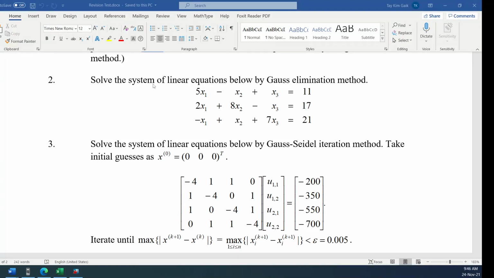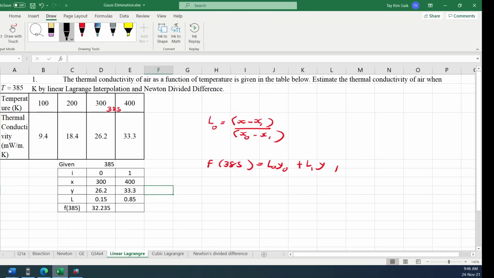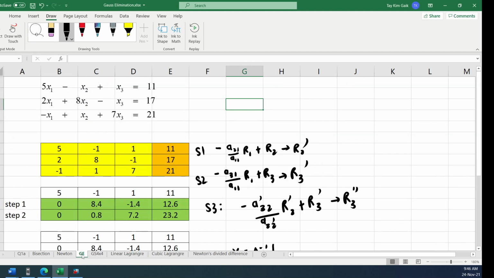In question 2, solve the system of linear equations below by the Gauss elimination method. Okay, if you still keep it, later I will give you this one. The Gauss elimination method. I think this question